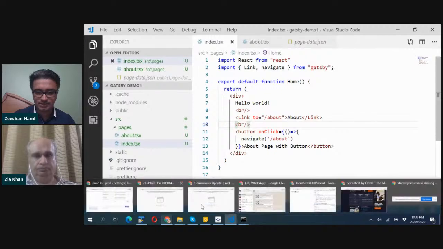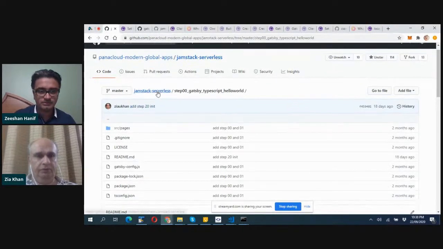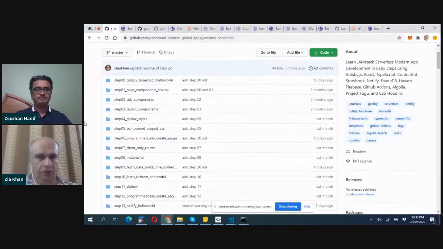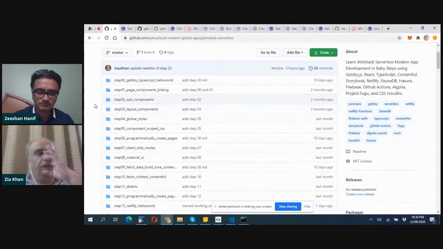Let's move to the repository. Just to recap what we have covered so far: we have covered step 0, where we did a TypeScript hello world. Then we built a component which actually is a page, and we linked it. Therefore, we have covered step 0 and step 1. What is not present in the repository is how you use the button and navigate, but now you have learned that also. Now what we are going to do is build a sub-component,